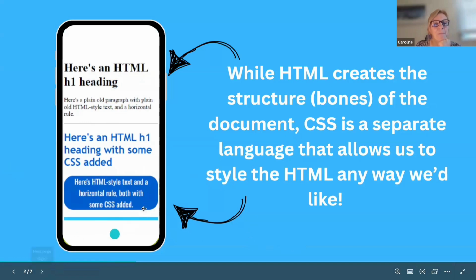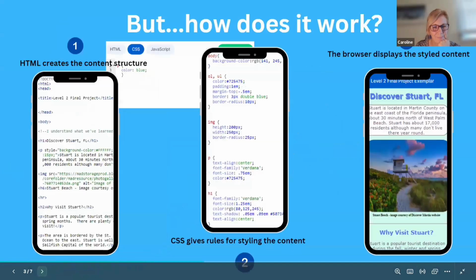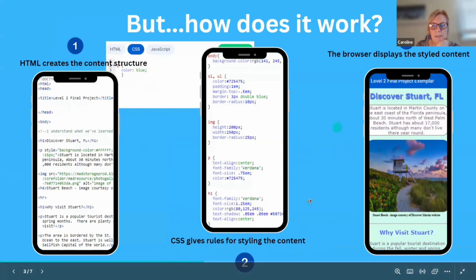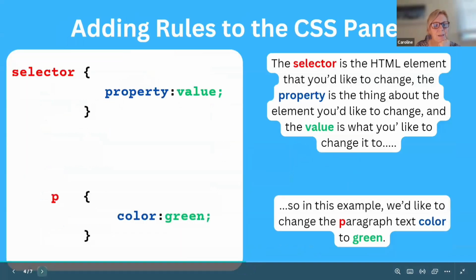What I'm going to do is drop a link to a document in the chat that is only HTML, and I'm going to ask you to copy and paste it into a new HCJ builder. We're going to make our code look stylish. Just to help you along a little bit, if you're not familiar with it,